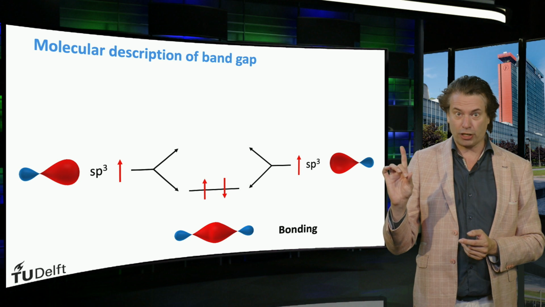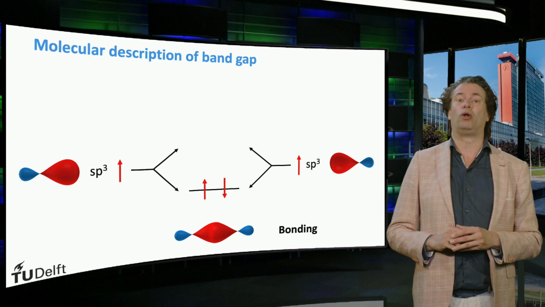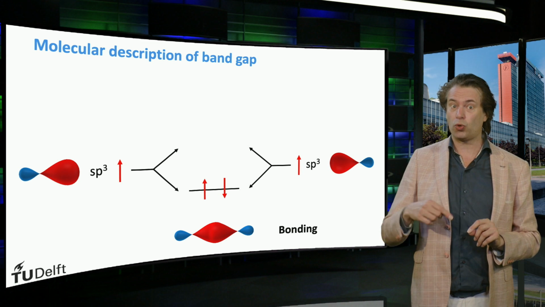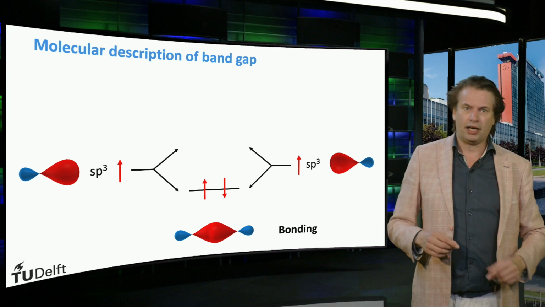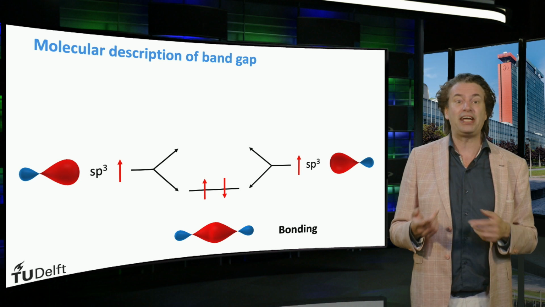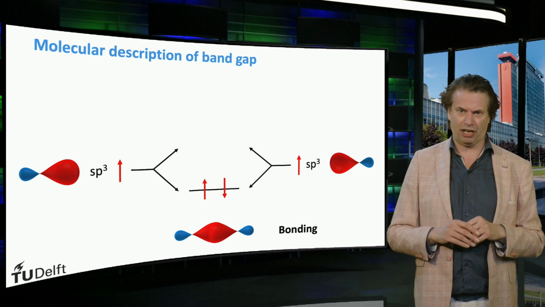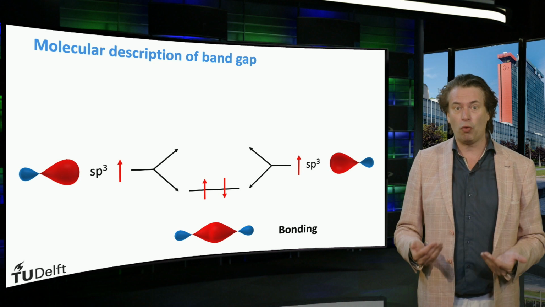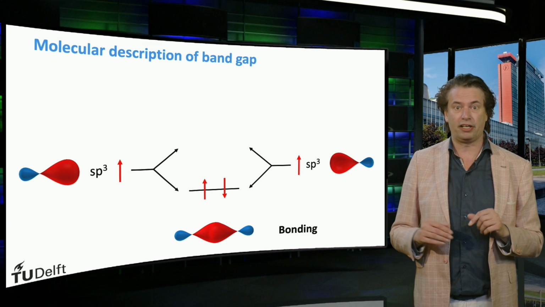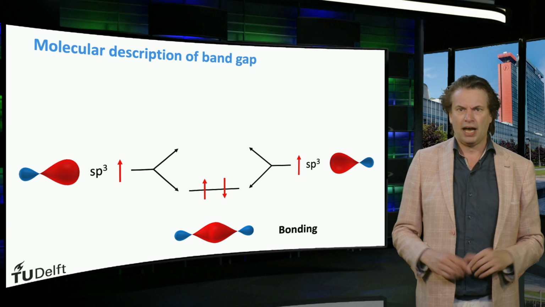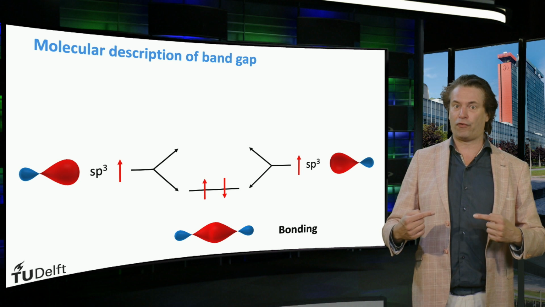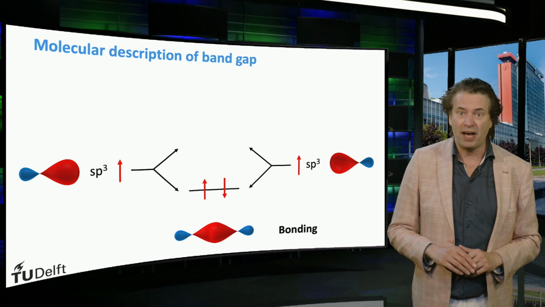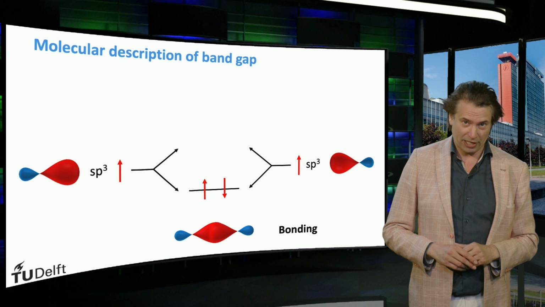Here again, the Pauli exclusion principle starts to play a role. 2 identical electrons cannot occupy the same quantum state simultaneously. Nature splits the original sp3 energy level up in 2 energy levels. The lowest energy level is the bonding level and is lower in energy than the 2 original individual sp3 levels. As a result, both electrons prefer to fill this state in which 1 electron has a spin up and the other electron has a spin down.